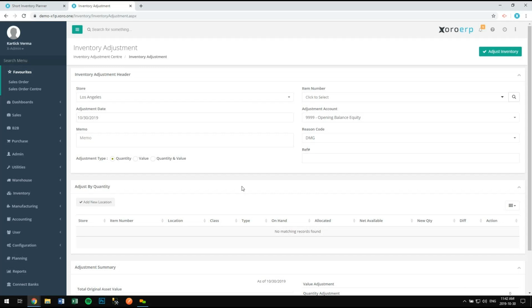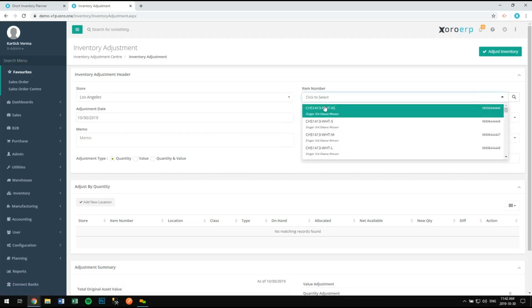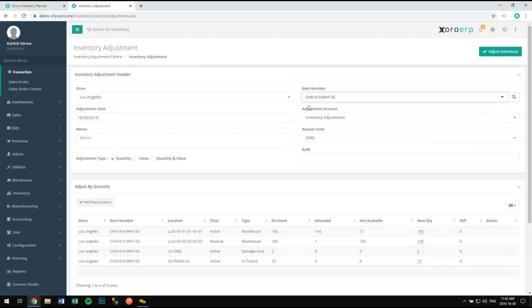For example, let's say you do a cycle count and you realize you're off by a couple units on some SKUs. You want to use this module to correct that inventory in the system. So what I can do is, in the LA warehouse, I want to adjust the inventory for this SKU. Let's make the adjustment date this date, and the adjustment account should populate. And let's say we